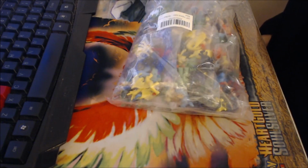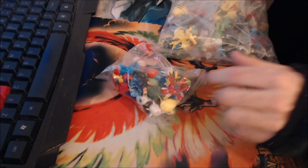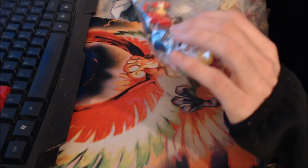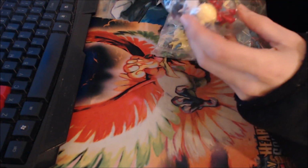Now, I don't know how many generations or what kind of Pokemon toys to expect. Actually, wait a second. It looks like multiple bags of stuff. So there's like one giant bag, and then there's other bags inside of it. Oh, this is actually pretty neat. Okay. Oh, I was about to say this might be all second generation, but I can see already that the quality of these are...